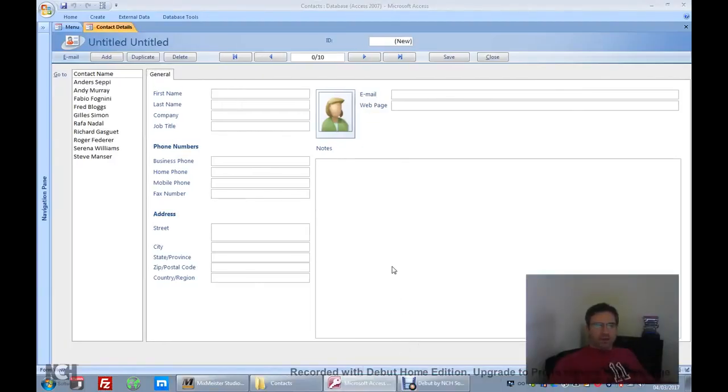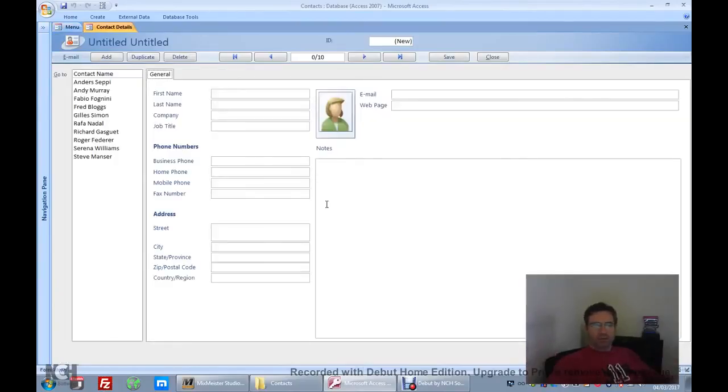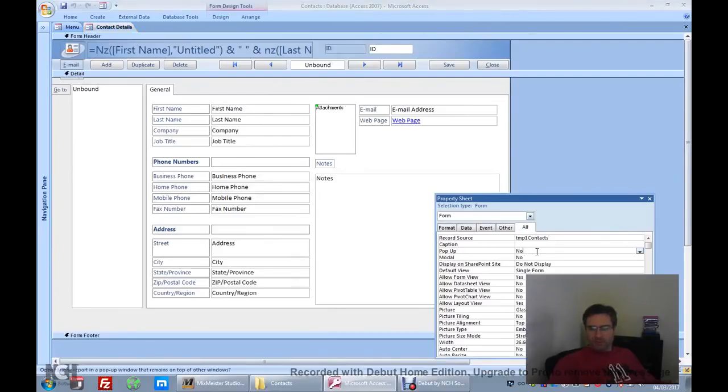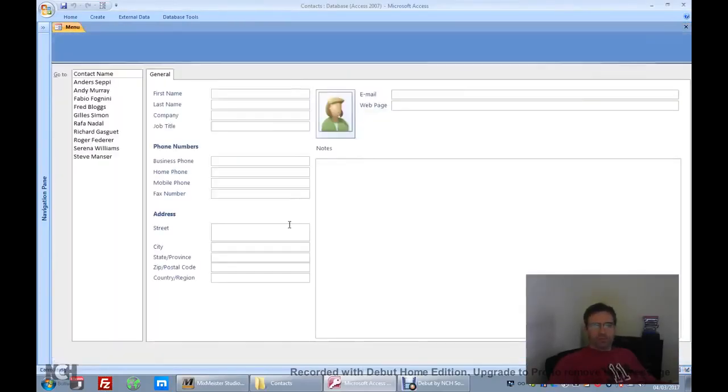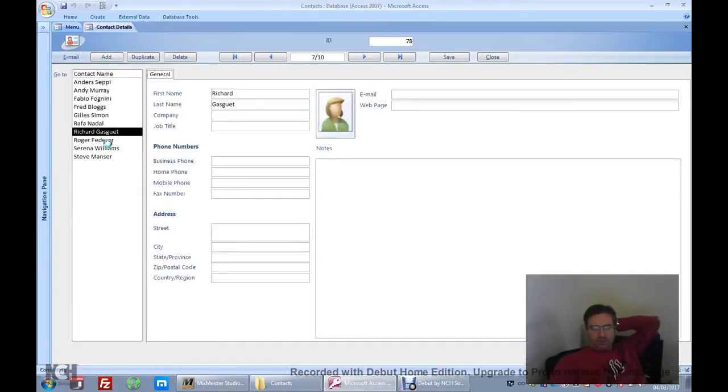Okay, so moving on, I've made a few changes. First of all, this form, I've maximised it so that when you launch it, it takes the full screen, and you can do that with the pop-up control there. Just set that to no, and that will solve that for you. What I've also done is, when you click on this combo box or list box, it did tend to flicker quite a lot whilst it created the